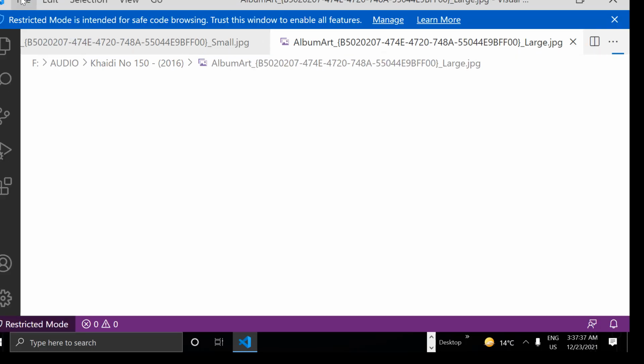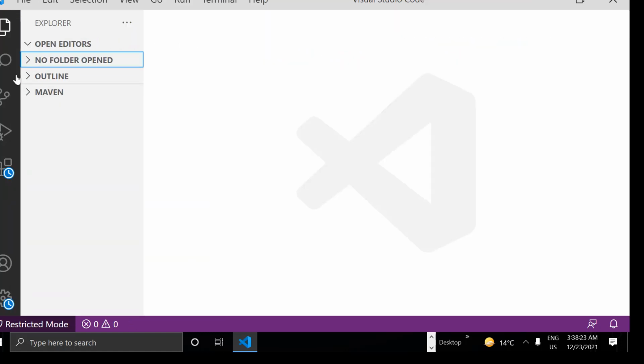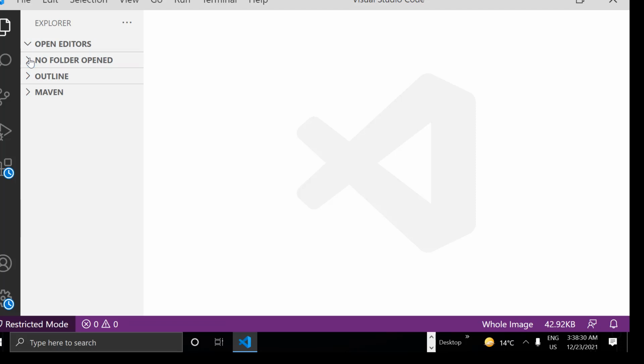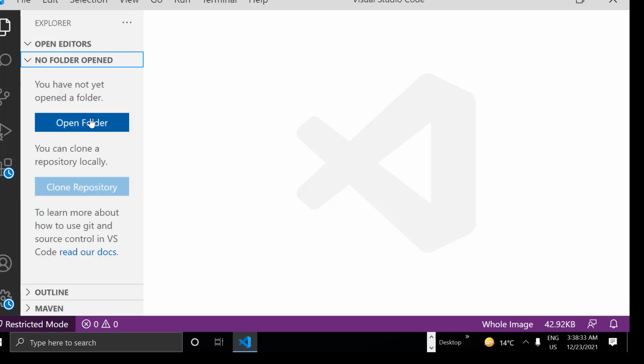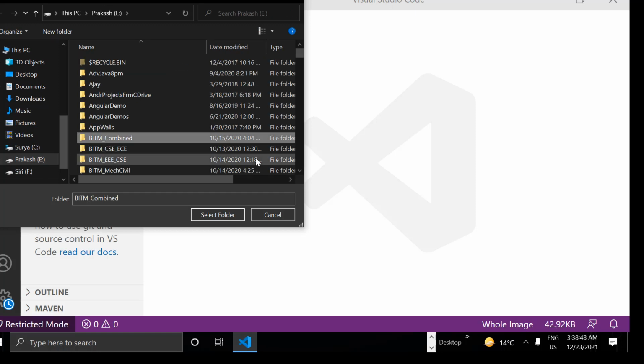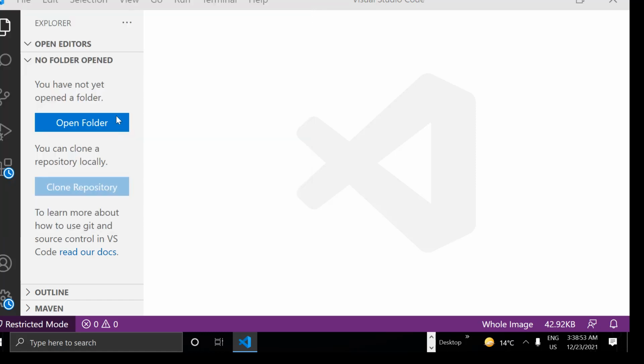Okay, let's close all of them, whatever files are there. Go to file, folders which are open here. Okay, and you can see here the editors, no folder is open. If you want to open any folder, you can open here, guys. Okay, click on open folder. If you have any folder, all the files from the folder can be seen here in the list. Click on this and choose your folder here. Okay, I'm selecting my folder which is there in E drive, and there is a folder called Prakash1. I'm using this folder, and I said select folder. Okay, that folder is open here.